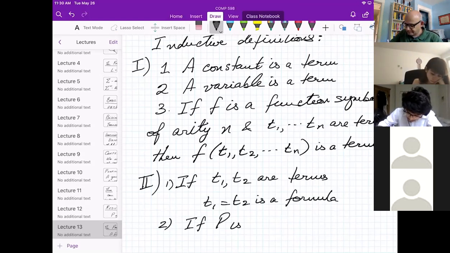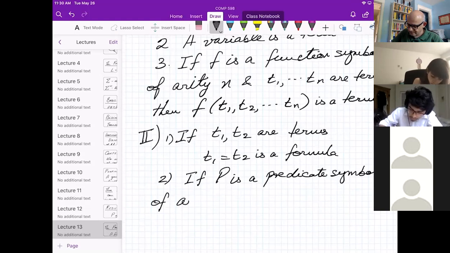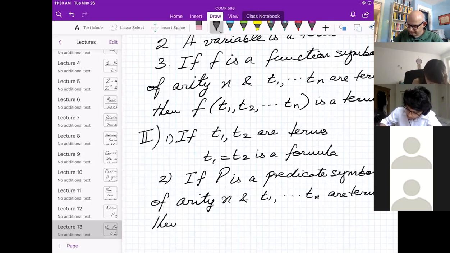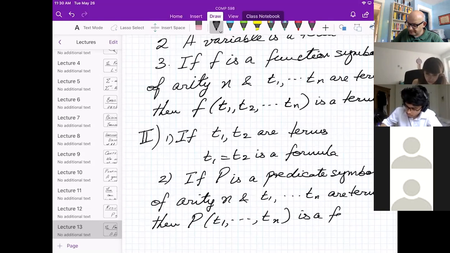If P is a predicate symbol of arity n, and T1 through Tn are terms, then P of T1 through Tn is a formula.